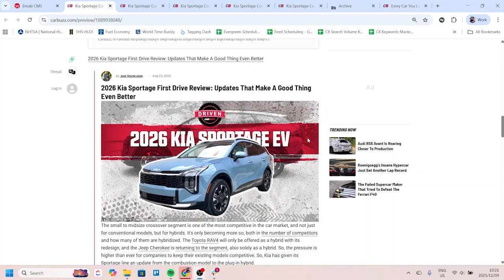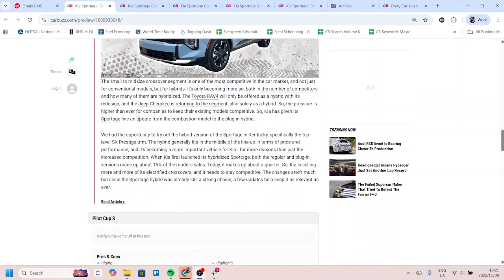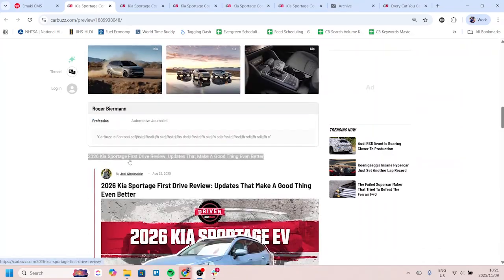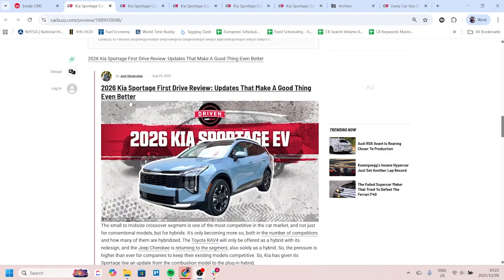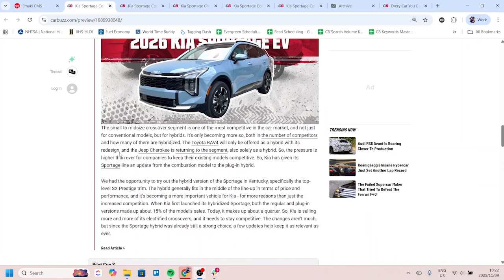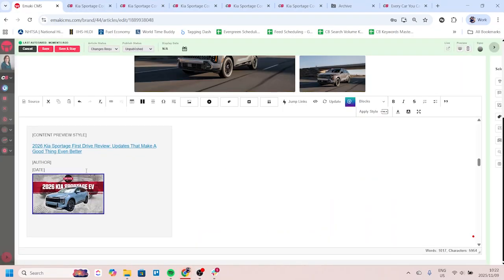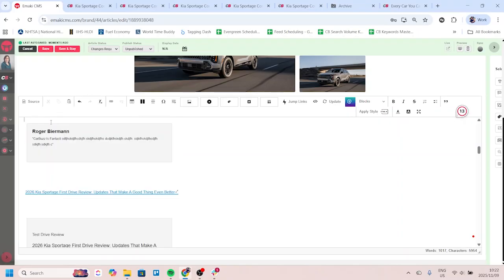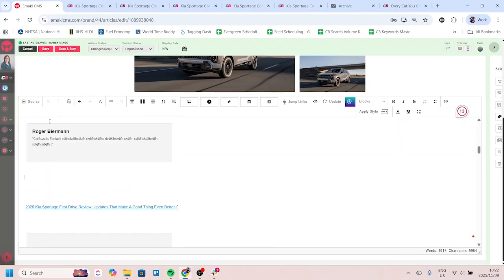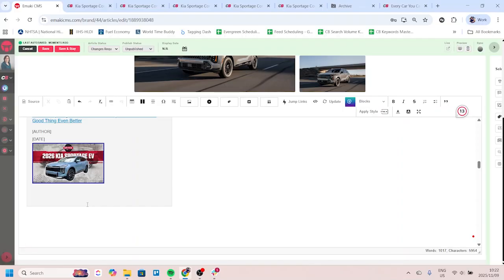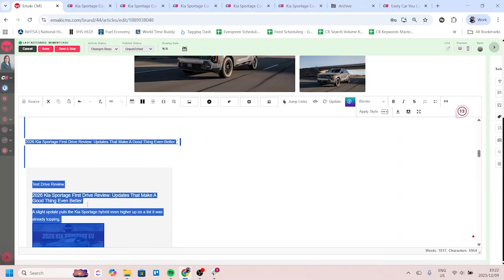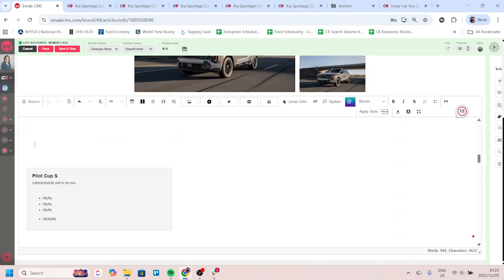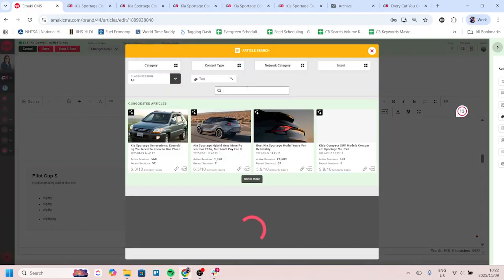The second way is the content preview, which basically gives you, oh, it's actually deleted one. I think I've copied them over each other. This is the content preview one, which gives you sort of the first couple of words of that article and allows you to read it that way. I'm not sure why it has not done this one over here, so I'm going to create a little bit of space ahead and after, and I'm going to delete all of that. And then I'm going to just do the standard one to show you,